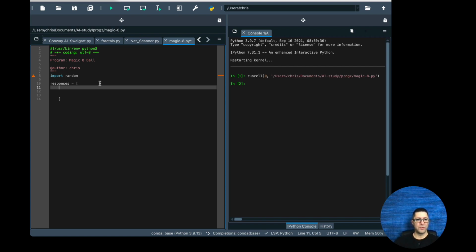So the first one we'll put is our answer, which will be yes, definitely. Now, one thing is after you put the answer in, you want to hit a comma, and that allows you to put your next entry. So the next one we'll put is no way. And then, of course, remember, I need a comma because I'm adding this to my list. And then the next one will be ask again